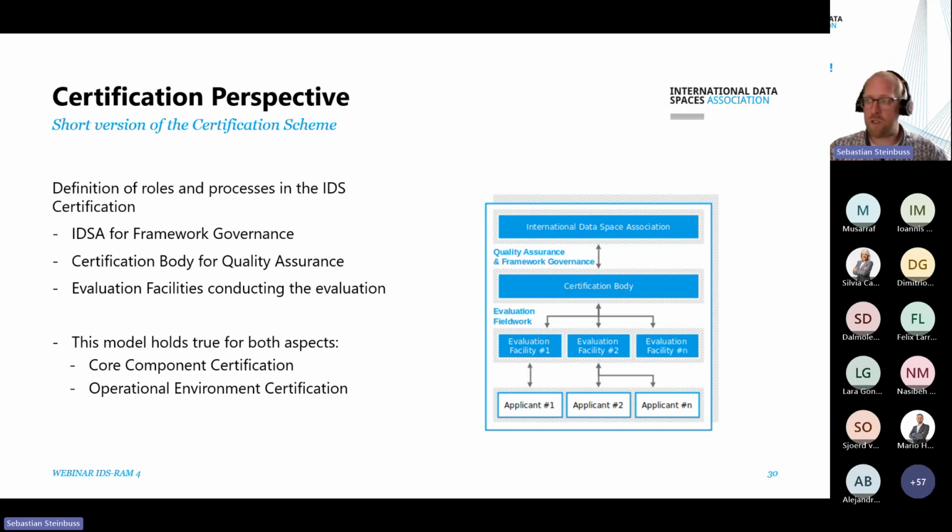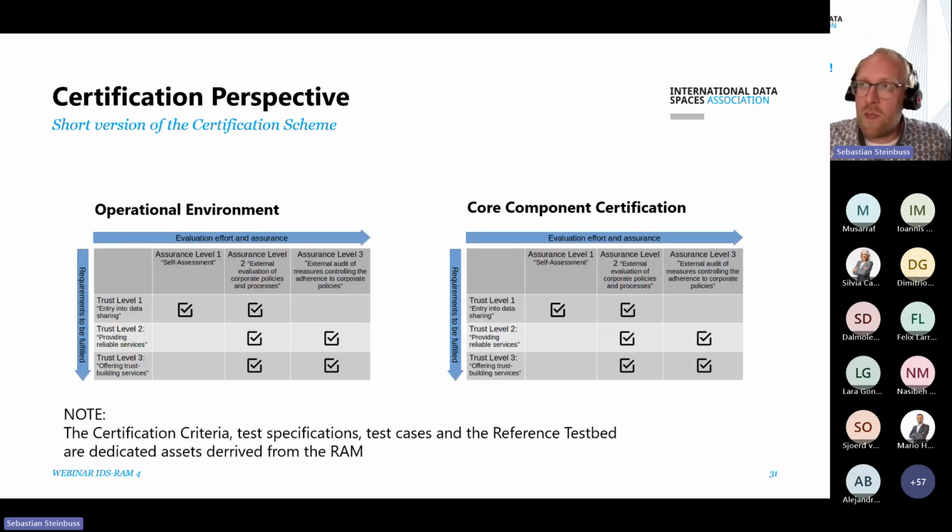that is typically structured like a certification, where we have accredited evaluation facilities that can do a third-party evaluation, and there is a third party that oversees all the different activities. And then we have the International Dataspaces Association, which provides the rules. So we provide the certification scheme, we provide the criteria and the mechanisms for how a certification body can approve an evaluation facility and how an evaluation facility needs to conduct those things. So this is described, and then we have two different variants for